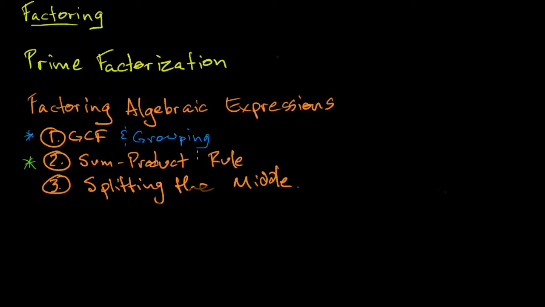In the last video, I taught you how to factor by the sum product rule, and that applies to expressions that have the form x squared plus bx plus c, where b and c are integers. In this video, I want to talk to you about how to split the middle, which is the last factoring technique I think you need to know, and that applies to expressions that have the form ax squared plus bx